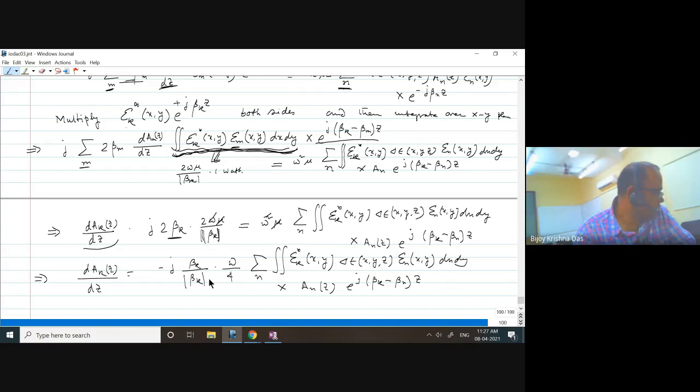Fine. Now what we'll do, you see, this integration value, mode to mode they can be different. I have kth mode fixed, and by the way, before going into that, what is the left hand side? Let us try to interpret this equation. Left hand side, what is that? dakz by dz. What does it mean? This is a first order differential equation for the kth mode.